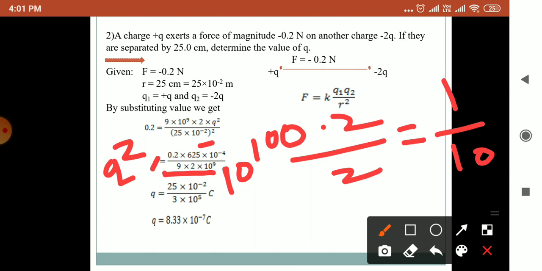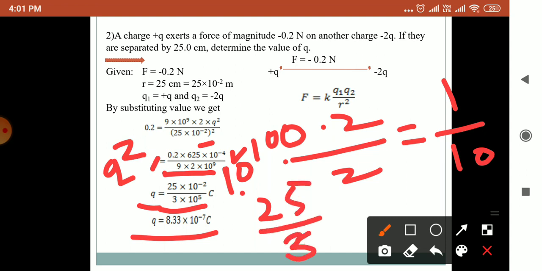So by putting all this, Q is equal to 25 into 10 raised to minus 2, that is, the square root of 10 raised to minus 4, which will be minus 2. Then upon 3 into 10 raised to 5, that is from 10 raised to 10, it will be 10 raised to 5. Then further, 25 upon 3 is 8.33, 3 3 are 9. So the total answer will be